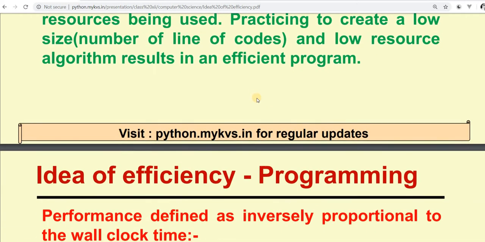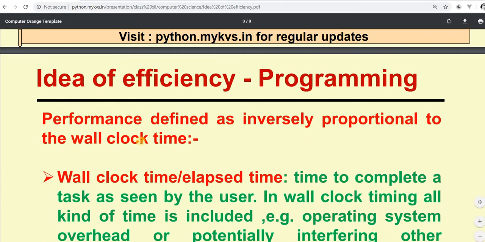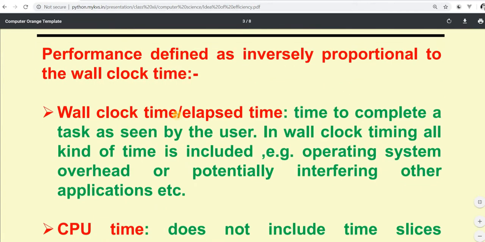Performance is defined as inversely proportional to the wall clock time. What is wall clock time? It is the elapsed time to complete a task as seen by the user.